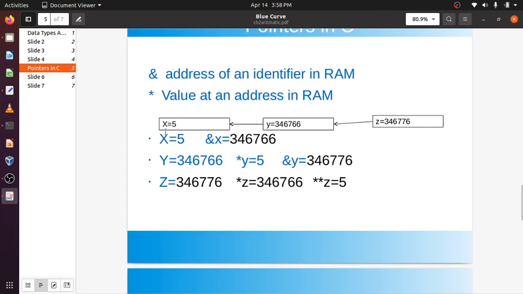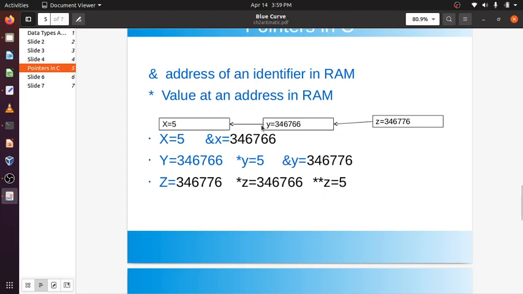Similarly, I can access x through z. How? **z. It means give me the value which is in the address location contained in z, and the value of z is the address location of y. So *z means I will get the address location of y.